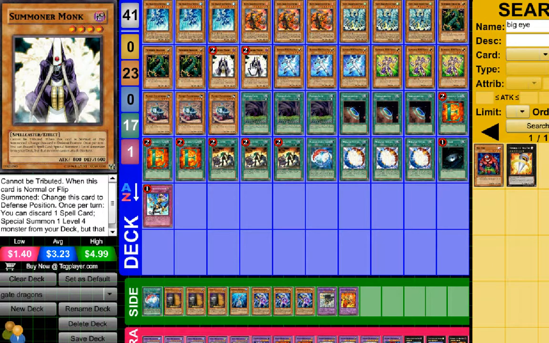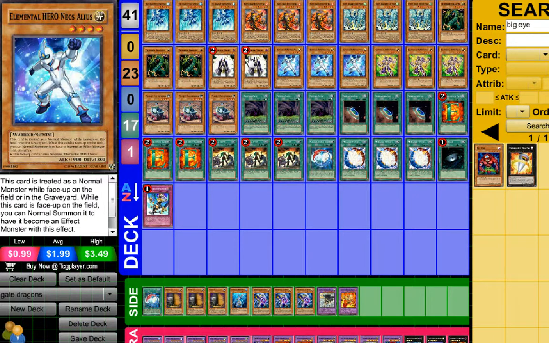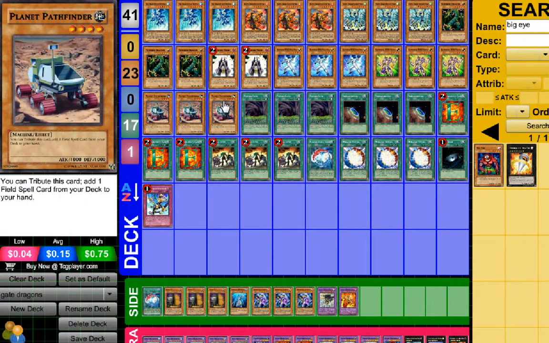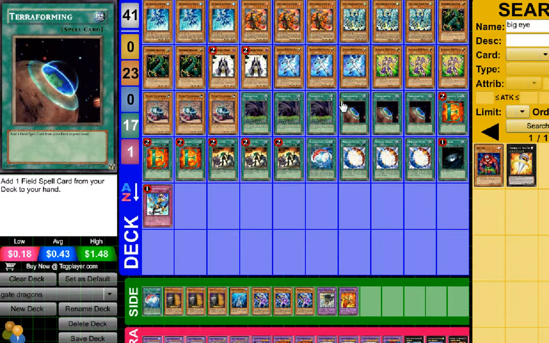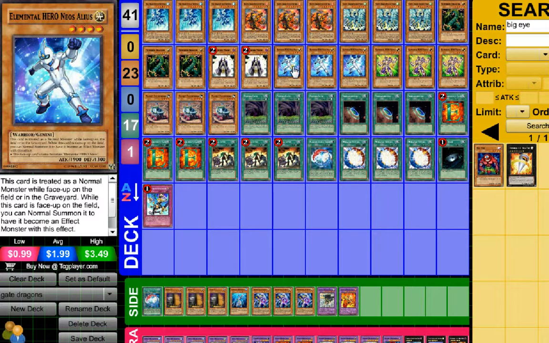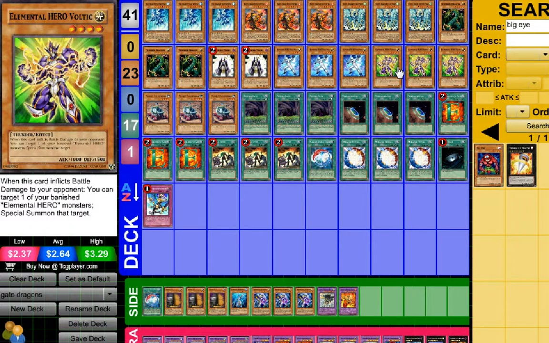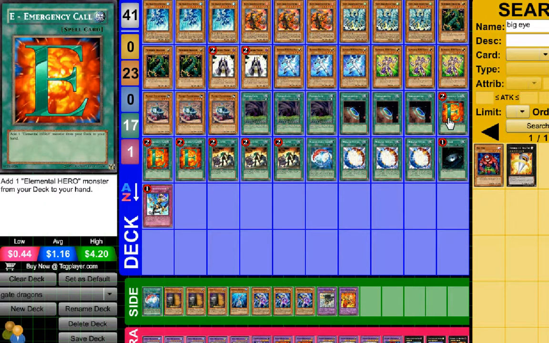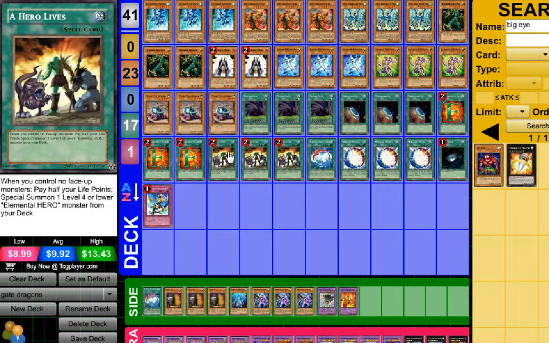You could cut Summoner Monk in exchange for traps, or just to make it an exactly 40 card deck. Or maybe even for more Elemental Heroes. I just thought it was a good idea to have it so that you could search out Planetary Pathfinder, and to ditch some of your dead Terraformings. But, okay, back onto the deck list. 3 Elemental Hero Alias, 3 Vulcan, 3 Pathfinder, 3 Fusion Gate, 3 Terraforming, 3 Emergency Call, 3 A Hero Lives,